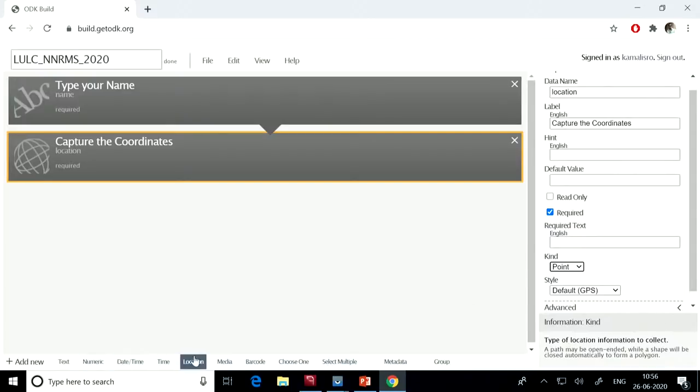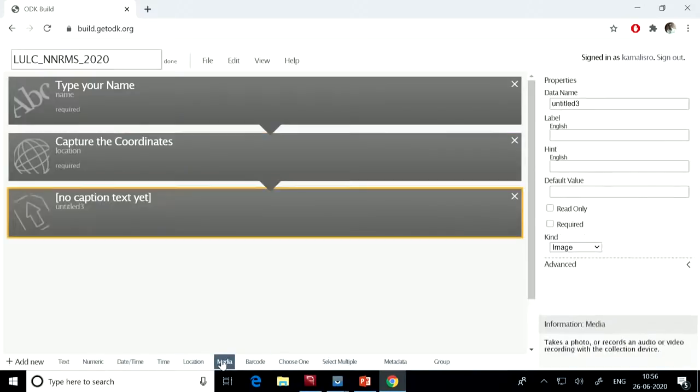The third, I was saying I want the photograph also. So there is another code directly written there, media. This media you select here. Now what will this field do? It will again communicate with the camera of your phone, and it will fetch the picture captured by the camera into this field. It was fetching the GPS location; now this field will fetch the photographs captured by the phone camera, whatever phone camera you have, into this location.